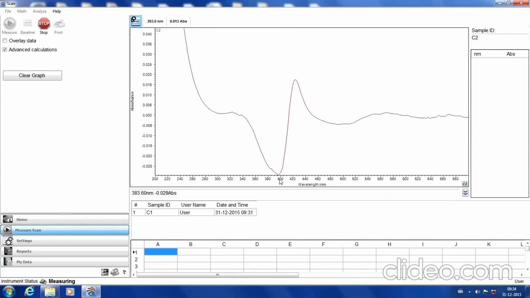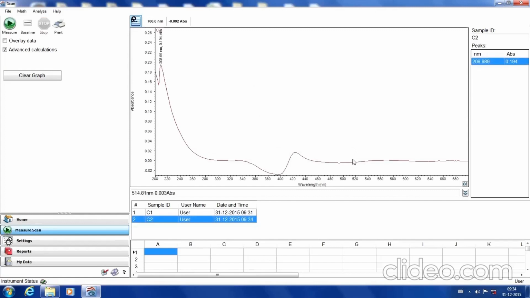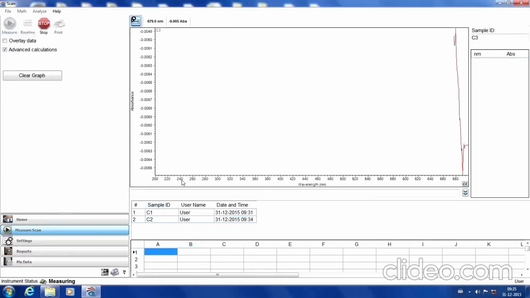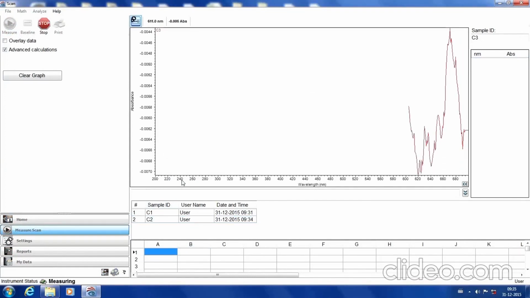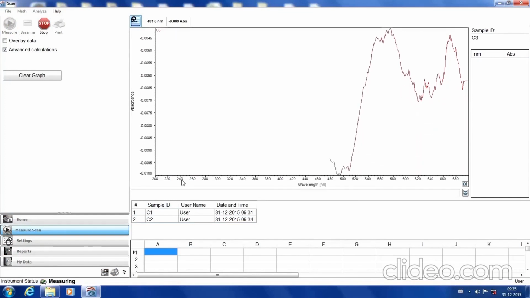So now we will use a few more concentrations of the ligand and watch the spectrum and the dip in the peak. Now we will take the spectrum for the next concentration. We will label this concentration as C3 and measure the spectrum. Again we will see a dip in the peak, which will be more than it was at the previous concentrations,